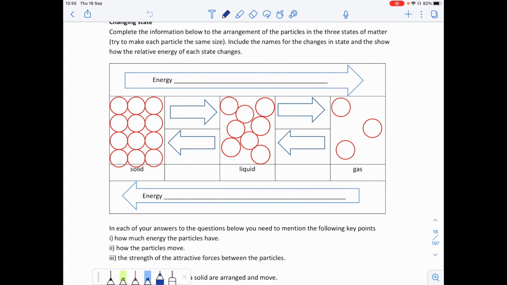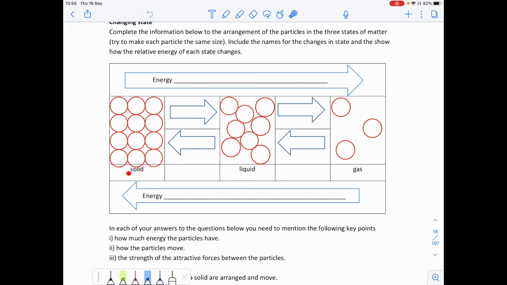Okay, in this video we're going to have a look at the states of matter and what happens to the states when we change state, and what happens to the particles in those states at different points. So you can see here what I've done. I've already set up my